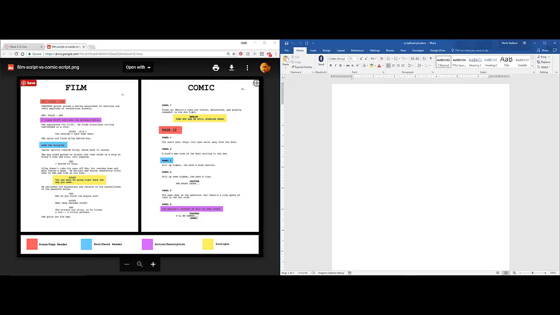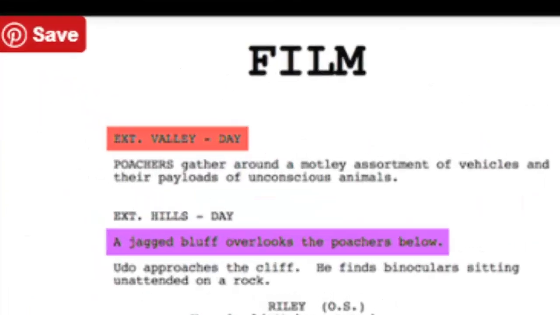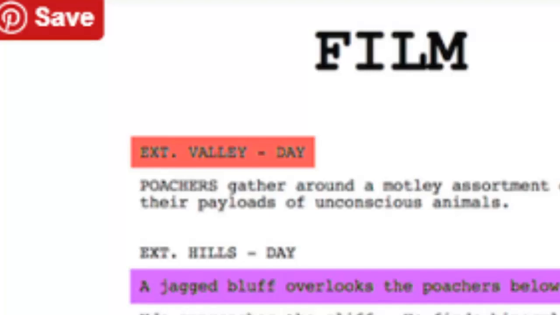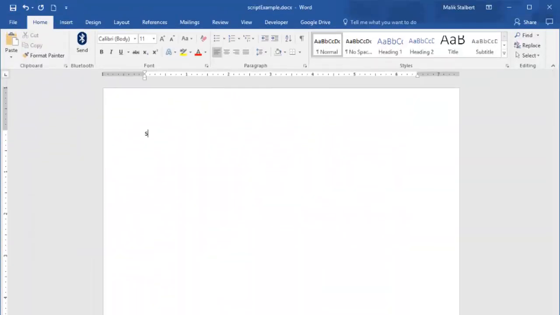The first thing I want to do is create this scene header right here. I'm not necessarily going to create the scene header. I'm going to add a dummy area here and say scene header right there. The next thing will be a description. Then after I have a scene header and a description, I'll add another scene header and description here.